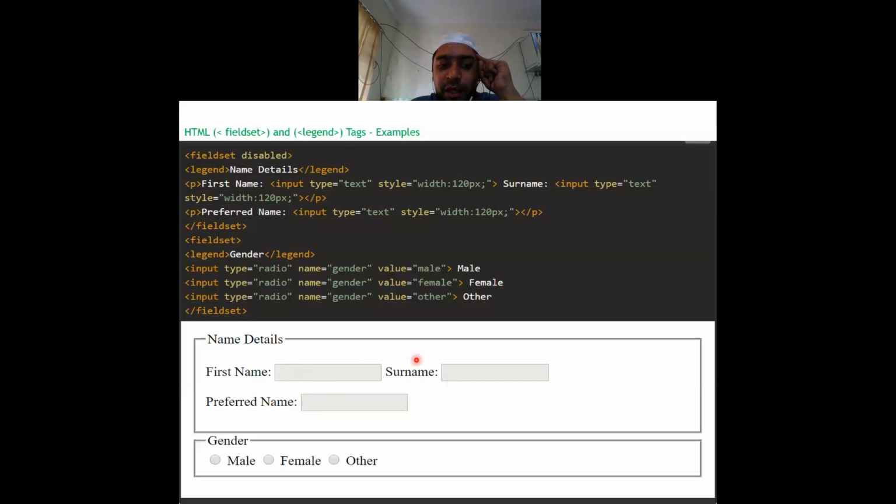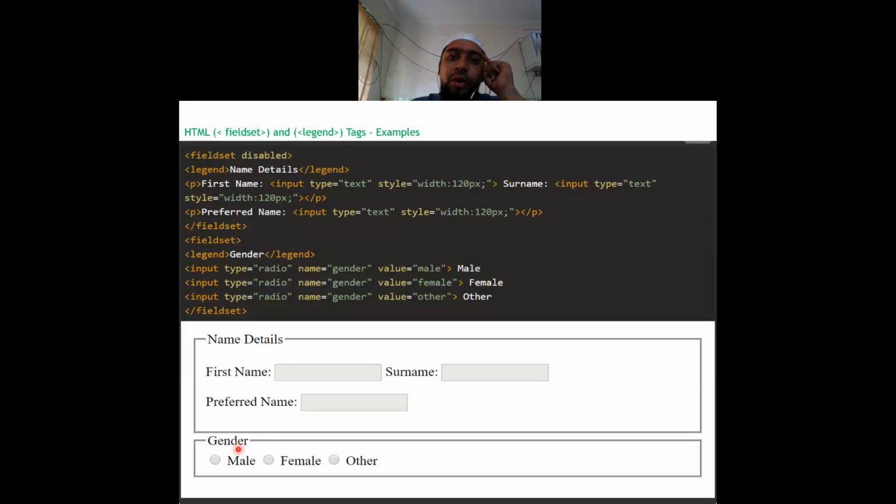And I have grouped them together into a single box, and I have kept a label or name to that particular box, name details. Similarly, what is the gender? There are three controls over here, and I have combined all the three controls into a single box